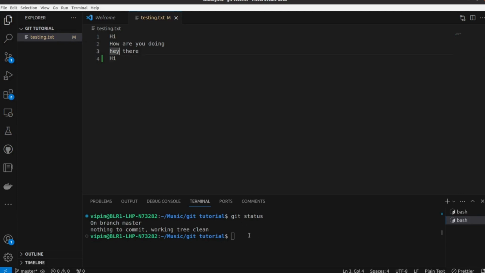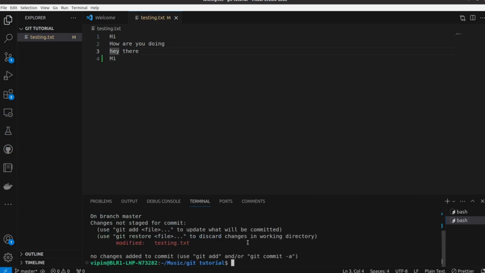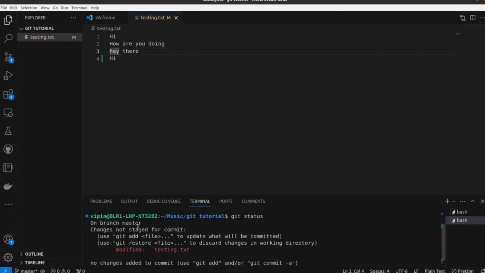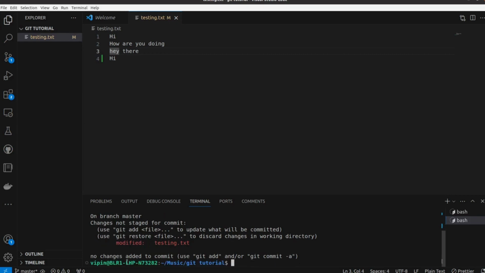Now let's run git status. You can see the output changed. It's saying changes not staged for commit, modified testing.txt, no changes added to commit, use git add.